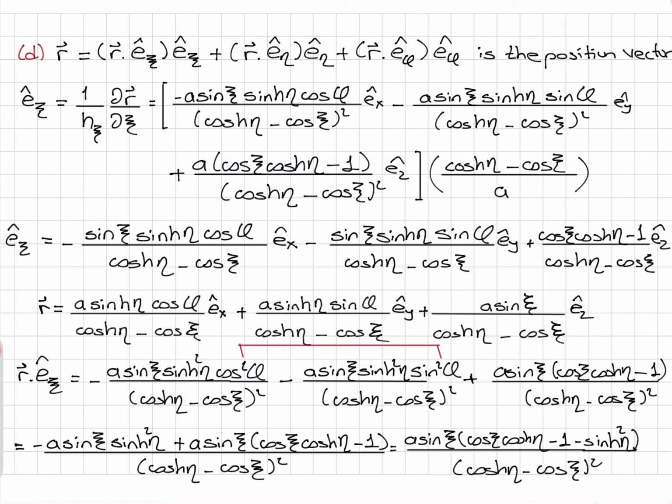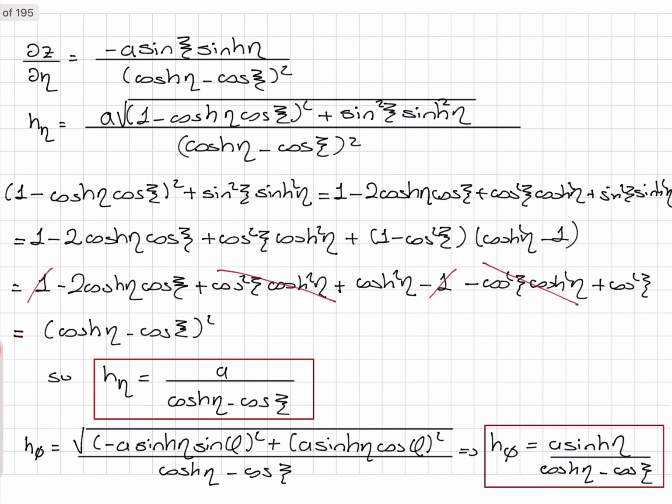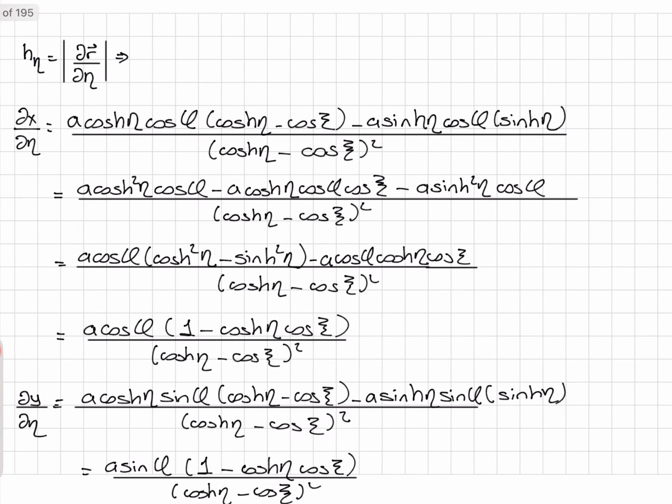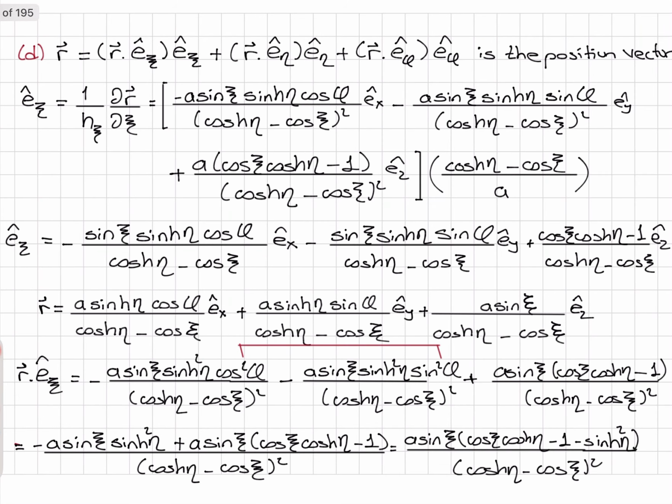Now I have to remember what is 1 plus sine hyperbolic squared. So this is what we have done here. You can see 1 plus sine hyperbolic x squared is cosine hyperbolic squared. So that's what I'm going to substitute here for minus parentheses 1 plus sine hyperbolic eta squared. So this will give me